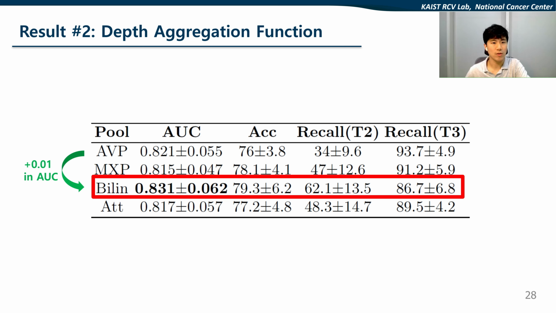Next, we evaluate the performance of various depth aggregation functions. The bilinear pooling function outperforms all other pooling functions. We assume that the nature of cancer classification shares similarity with fine-grained image recognition, in that the severity score of a cancer image is determined by the subtle portion of a sample. Note that the bilinear pooling function greatly reduced the gap between the recall of T2 and T3 compared to other